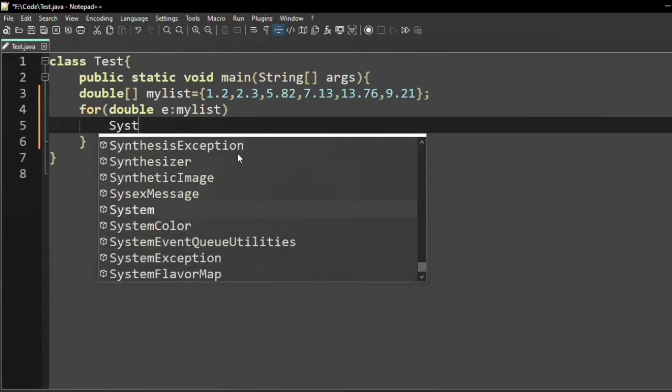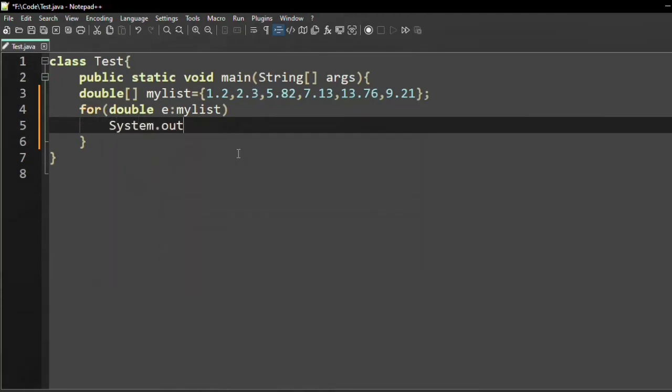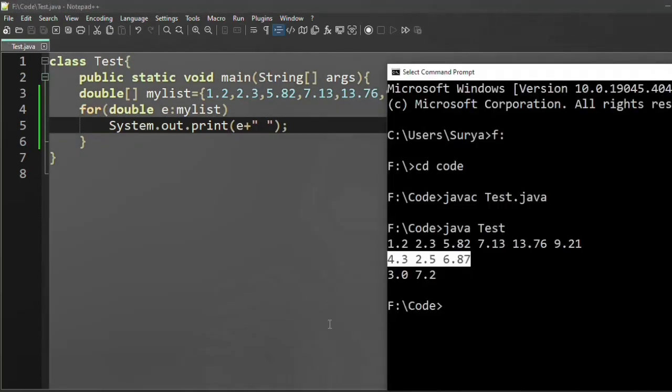So we can write system dot out dot print E, then some space. So save this one, then execute.